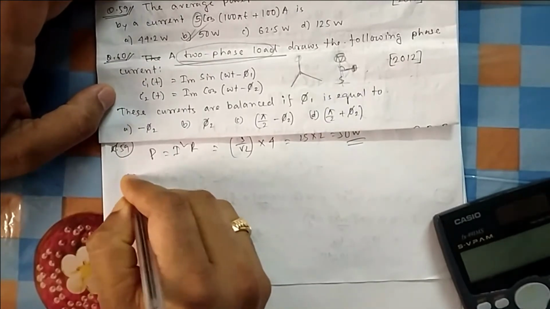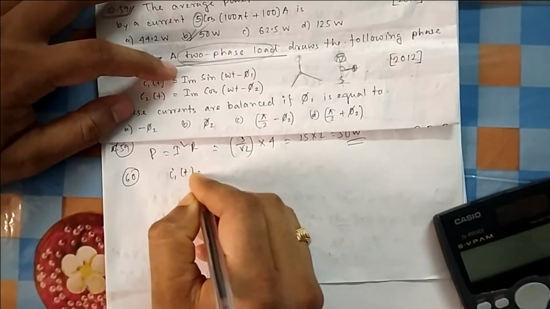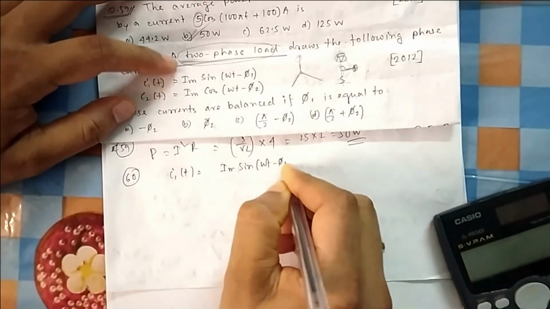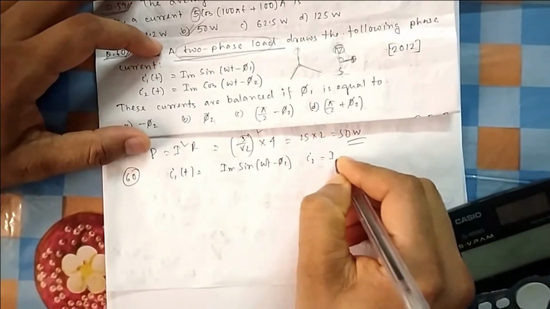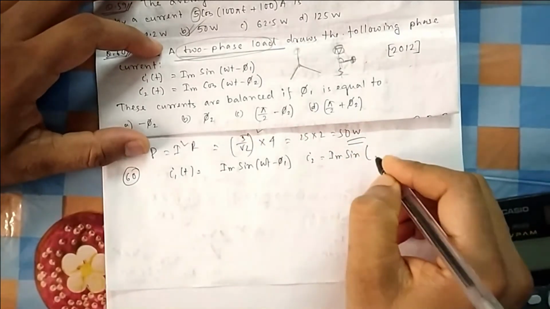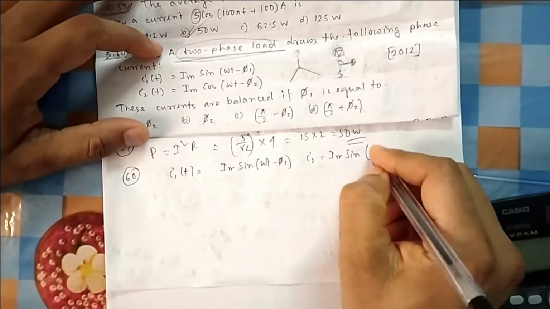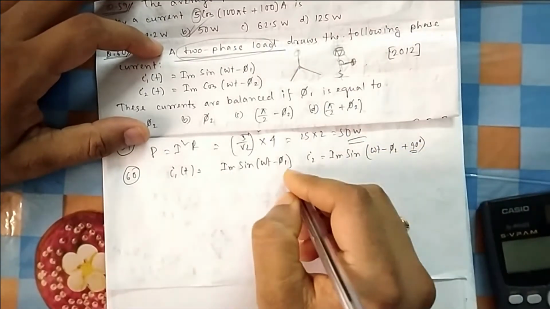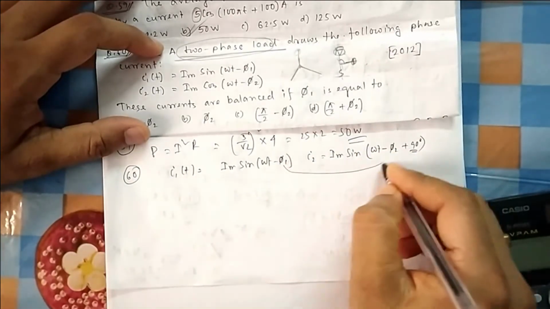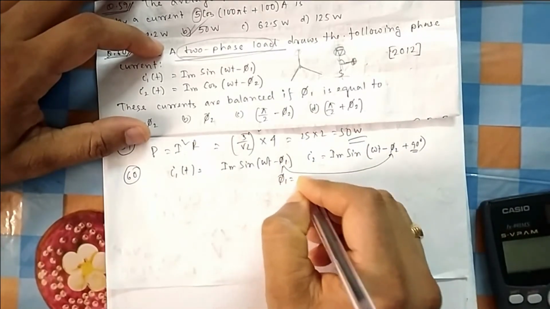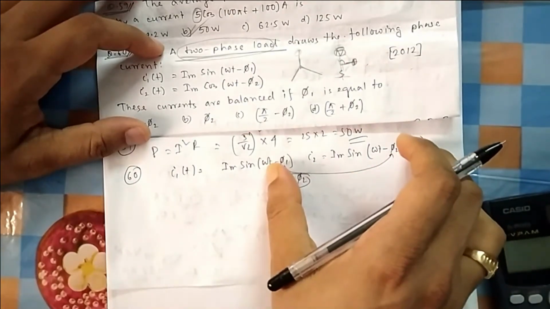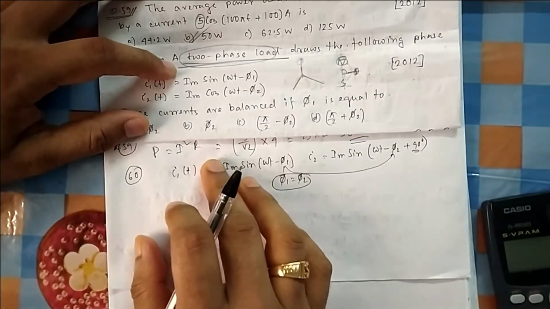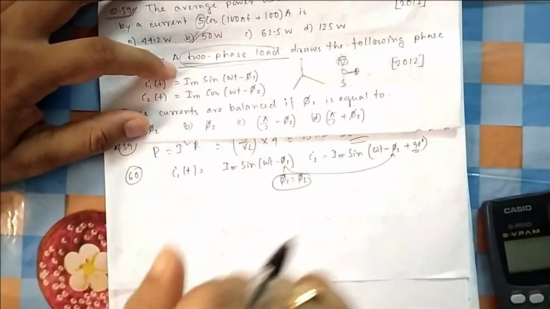So let us check what is the current I1. I1 is Im, that is already in sine, so no issue. And for I2, you will change it to sine, and the way to change is sine of 90 plus theta. So it is theta minus phi by 2 plus 90. So you can see already there is a 90 degree shift between these two. So your phi 1 is equal to phi 2. If you keep phi 1 equal to phi 2, then there will be a direct shift of 90 degree. That is the condition for a two-phase balanced load: the angle between both the phases should be 90 degree.